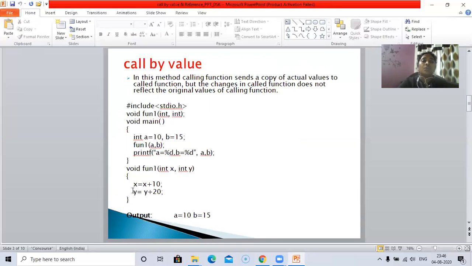So the value of x here should be 20 and the value of y should be 35. But the output of this program when we print within the main function is 10 and 15. So the changes which are made in the called function are not getting reflected within the original values of the calling function.